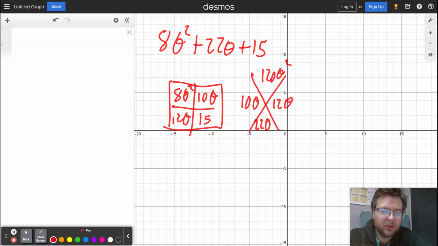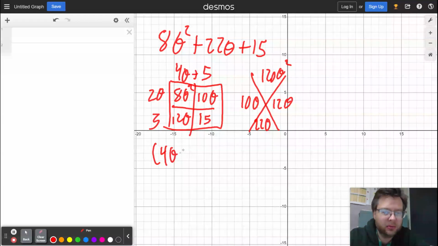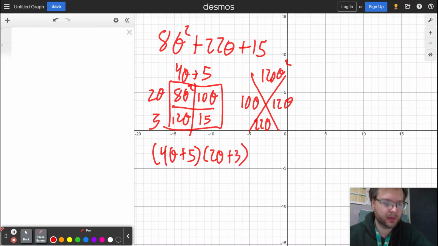10 and 12. So here's 5 in common. Let's see, 8 and 12 have a 4 in common, so 4 theta plus 5. Here it's a 2 in common. And then on the bottom, is there anything in common? It's a 3. So our two factors are 4 theta plus 5 and 2 theta plus 3. Great. All right, last one